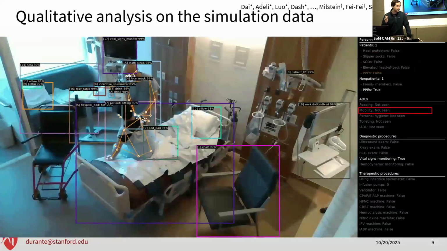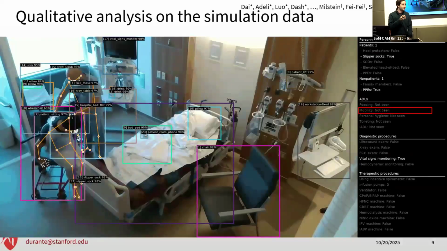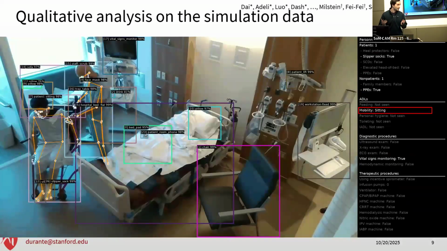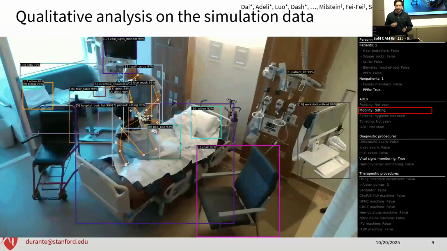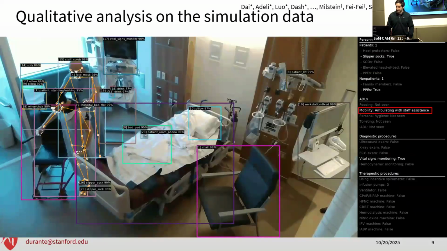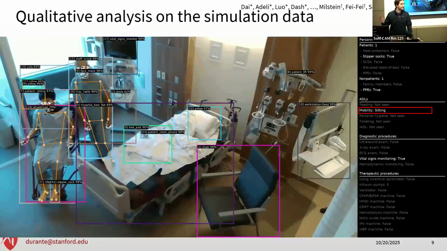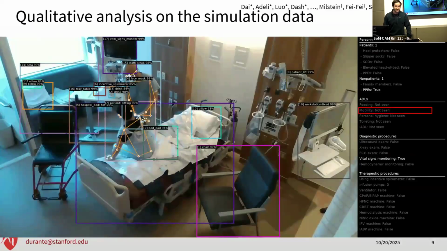Here's another example. We can see the patient sitting. They go into a brief standing state, and then they start sitting in another chair. So through our algorithm, we're able to detect this change in state, where it's occurring, and that it's done with the assistance of a doctor here. And also to note, these aren't real patients. These are people from our lab. So we're not leaking any data here.